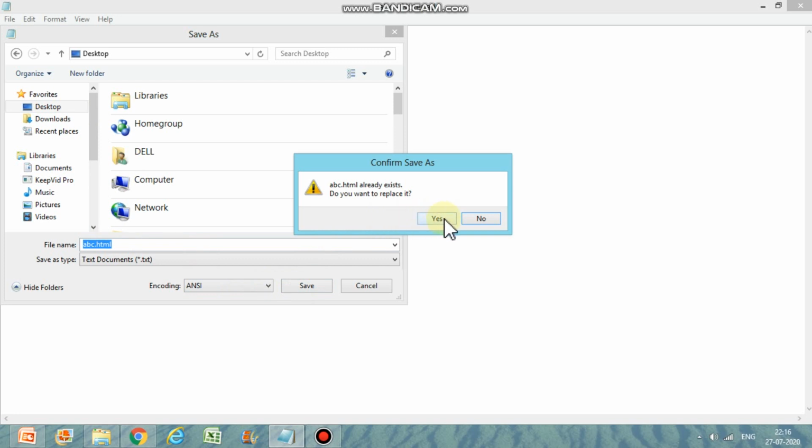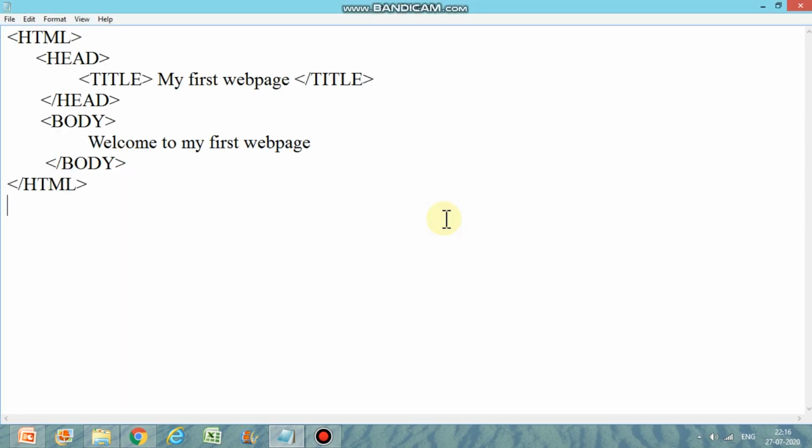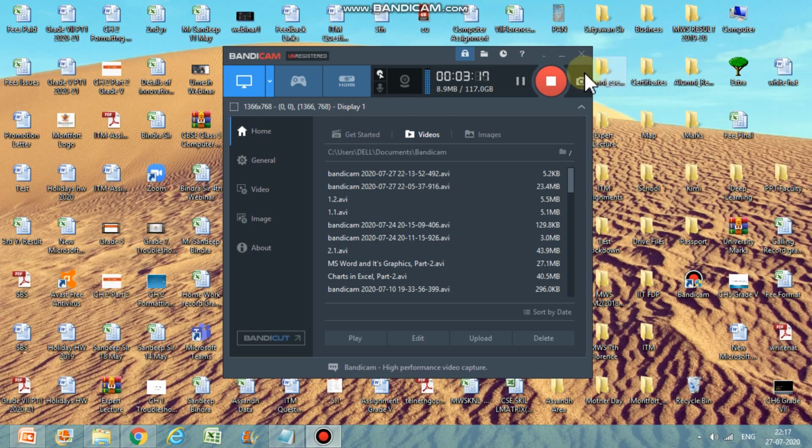Okay. So what I did is I went to Notepad, I typed my code there, the same structure of HTML, I saved it with a name.html and now I am going to run it. When I run it, I am going to show that this ABC will become a web page. Okay, see now, where I saved it on my desktop, right? So I am going to my desktop.